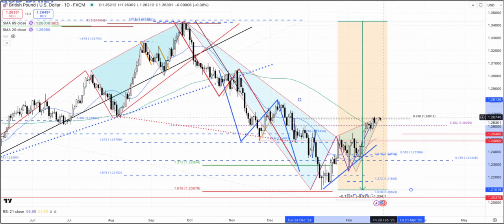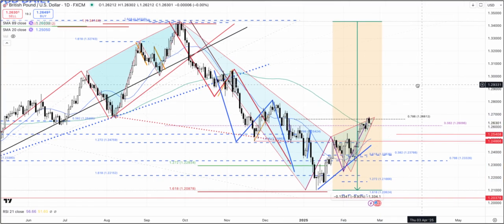Maybe it goes sideways for a few days, just the kind of action we saw right here, and then we could see the resistance play out. On the flip side, if it is strong, and especially if it gets above the swing point, takes out the highs to the upside, then the British pound is likely to get much stronger.